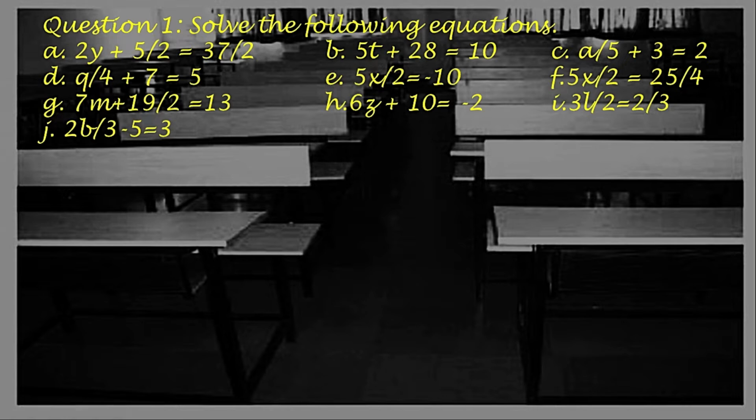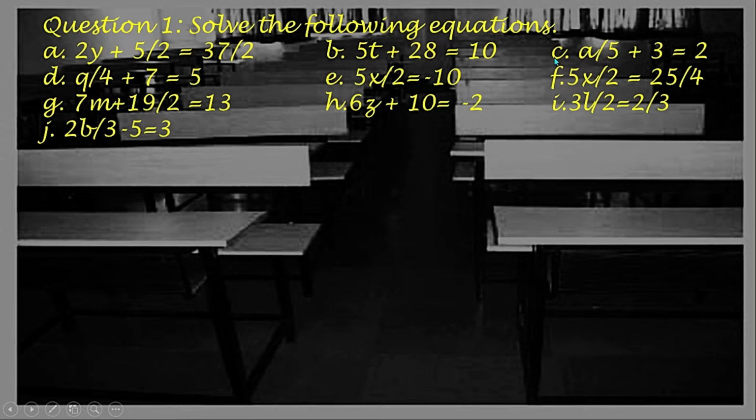So look at these questions. You can see that in most of the questions we have two terms on the left hand side. See, in the first we have two terms. How can we say that? With the help of the plus sign. So here the terms are 2y and 5 by 2. In B also we have the same thing, 5t plus 28, in which the terms are separated with a plus